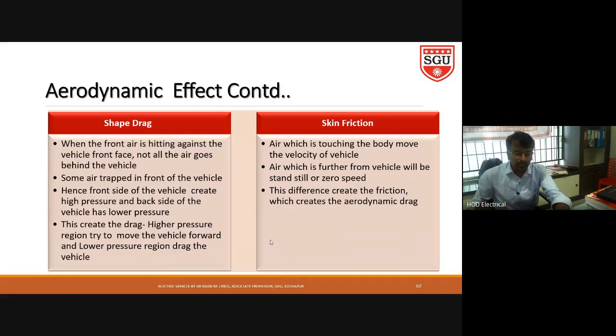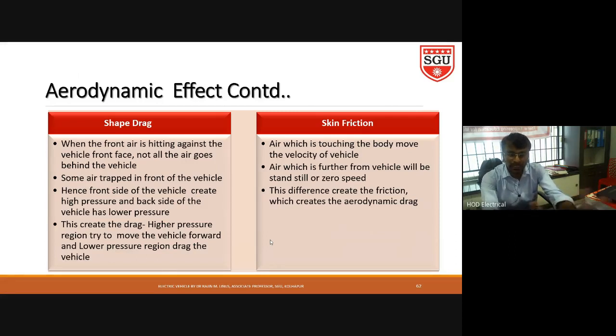Now, normally I have told you there is shape drag and skin friction. Shape drag means front air will hit against the vehicle from the front face, so some of the air will be trapped in the front side of the vehicle. Some will go down and some will go up. So it will create a pressure difference: the frontal area has a higher pressure region, and the back side of the car has a lower pressure region.